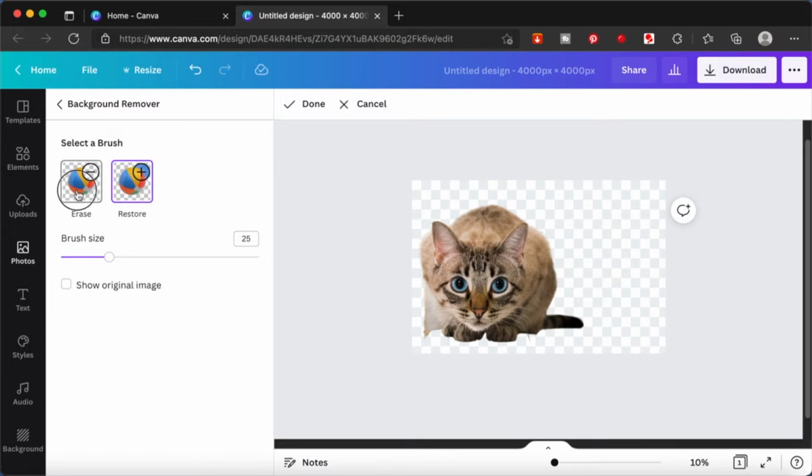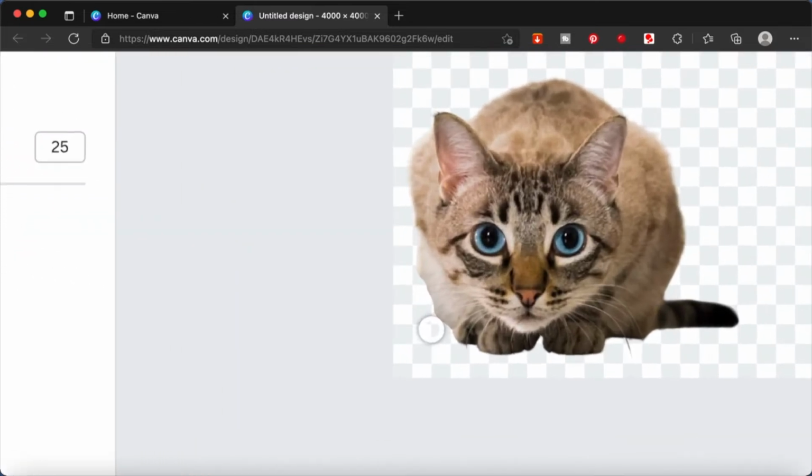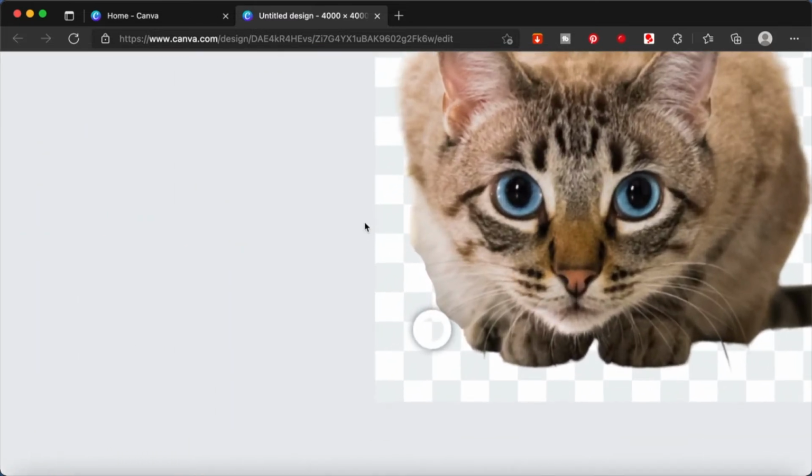You just need to have a little bit of a steady hand in order for you to get the final touch that you need. Just play around with it, and once you have it, you have successfully removed the background image from a picture